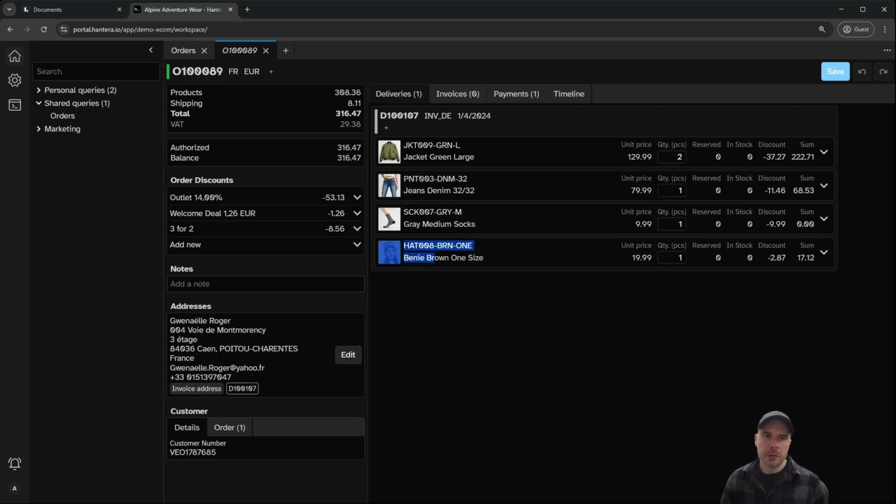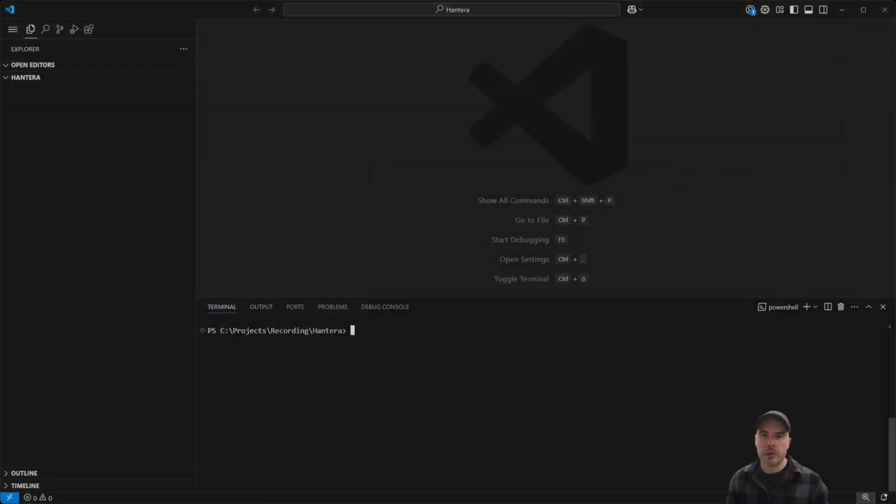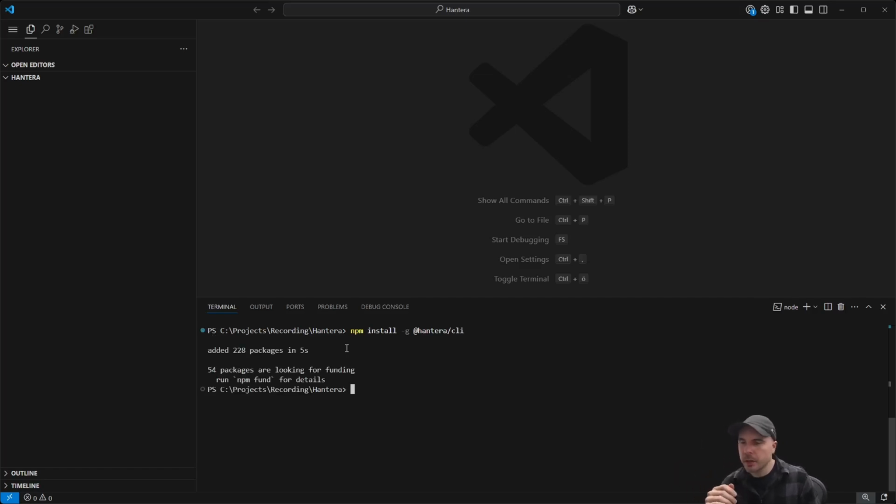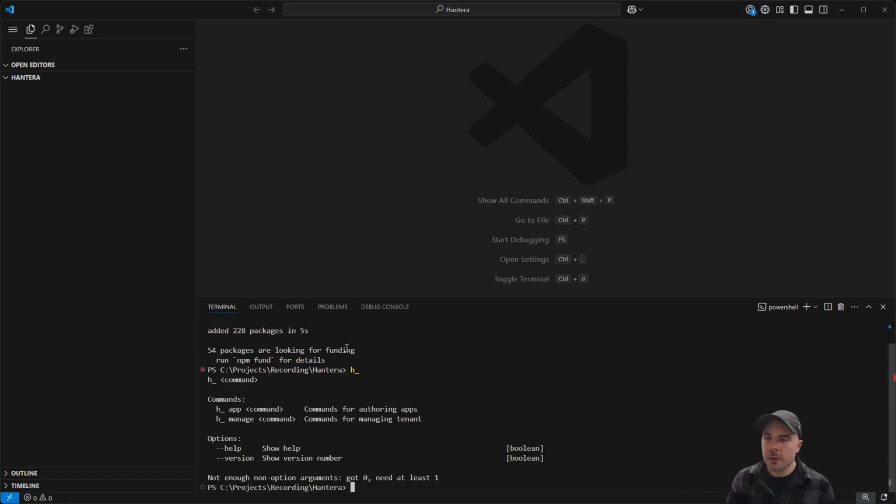Well, the first thing we're going to need to do is to install the Hantera CLI tooling. And it's easy to do. We just use npm, so it's node-based. We install the CLI. We wait a couple of seconds, and there we go. We got the packages, and that gives us the h underscore command, which allows us to